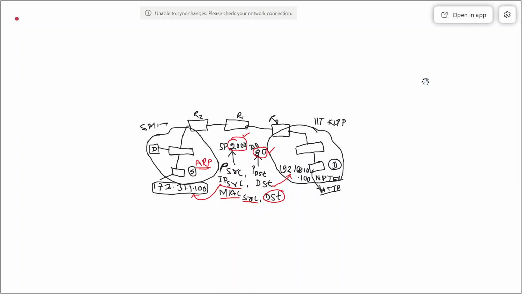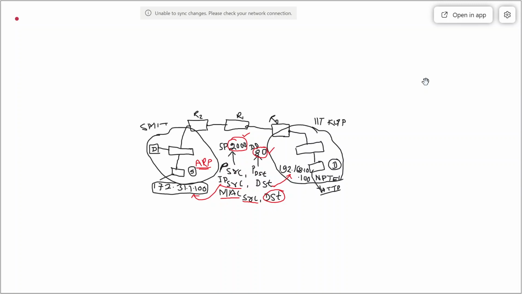Okay. Now the computer is in IIT Kharagpur and I am asking here in SMIT, who is it, who is it, who is it? I also know that my request will only be broadcast in my network. It is never going to reach IIT KGP. However much I shout from here, my voice will remain within this room only. So whoever is present in my room can make a reply.